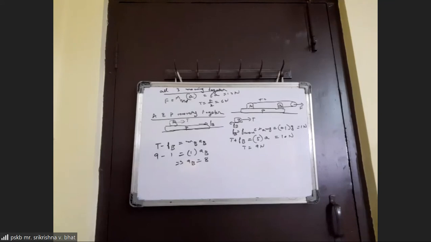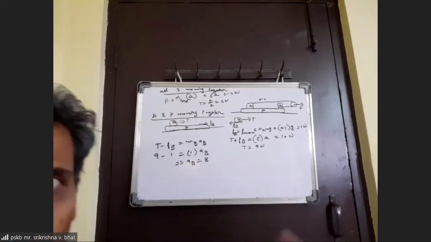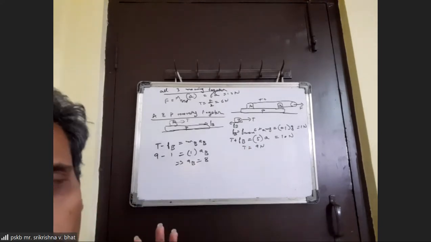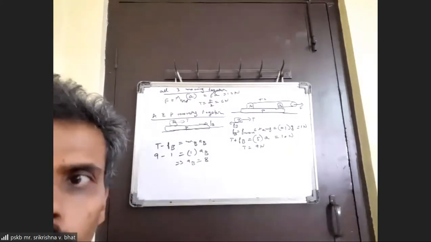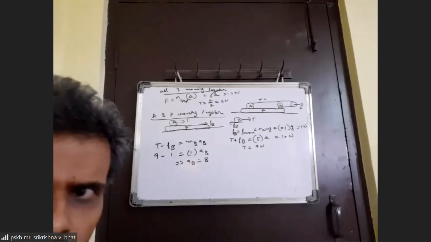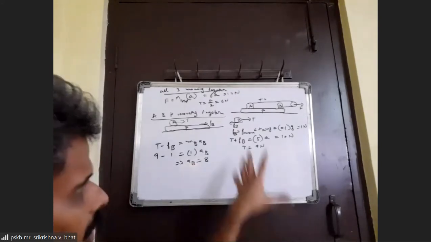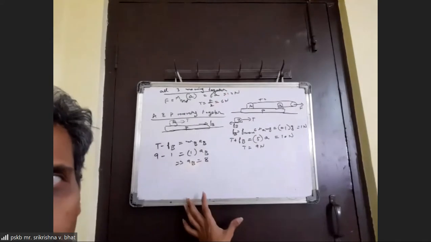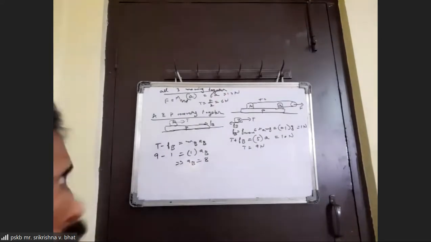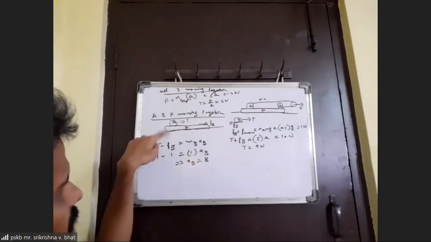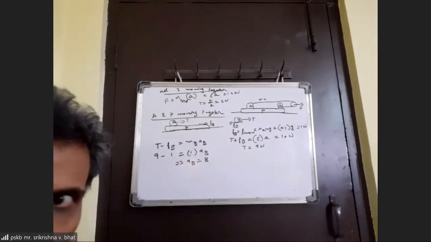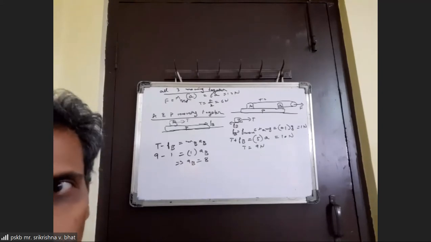We already know the accelerations of A and P. But we haven't done anything here to check whether our assumption is right or not. Just to be on the safe side, and so that we don't ignore some obvious things and go wrong, we need to check whether what we assumed is right, because we just followed the assumption and got some results. To check it, we will check the friction force that acts between A and B. That friction force should be less than the maximum force of static friction.